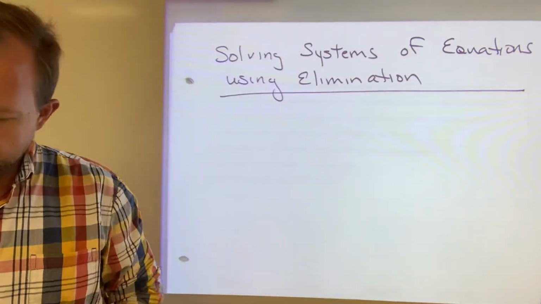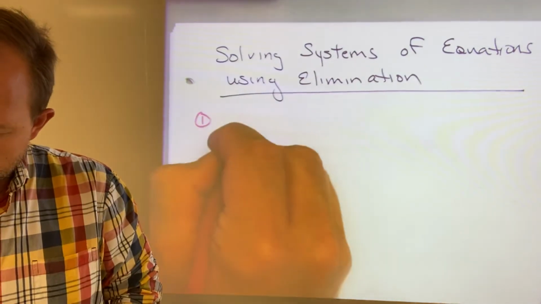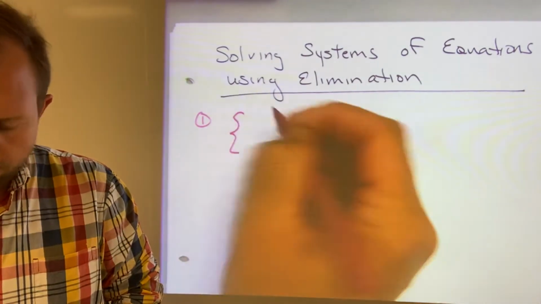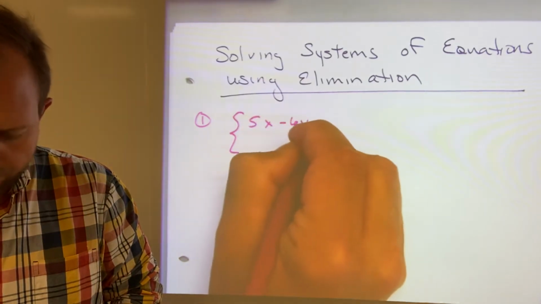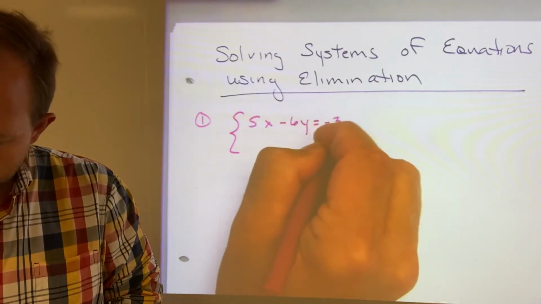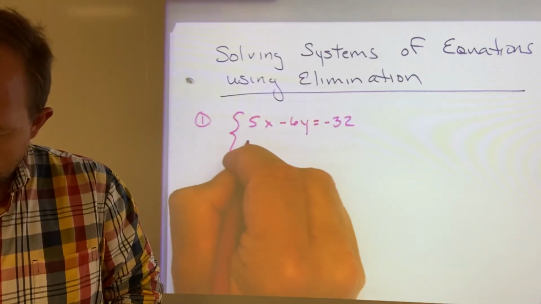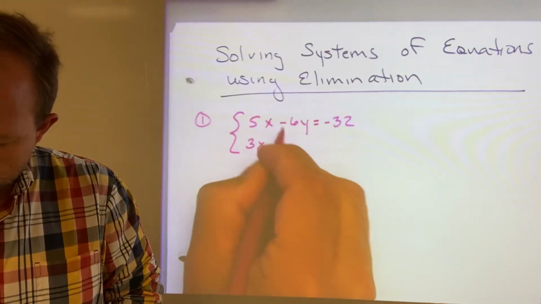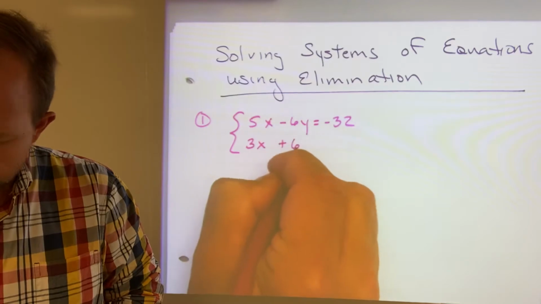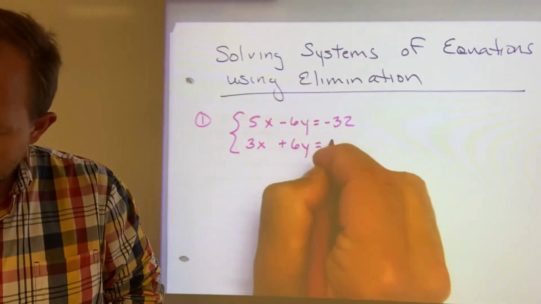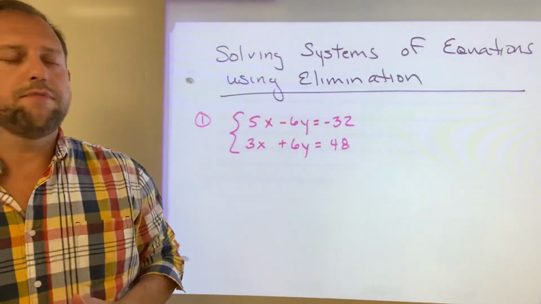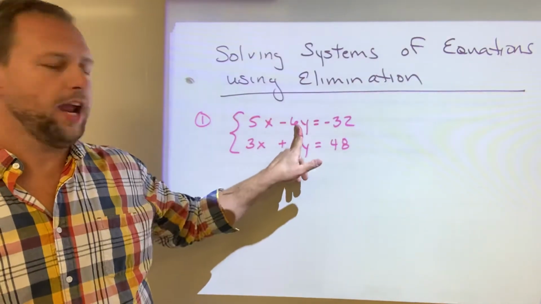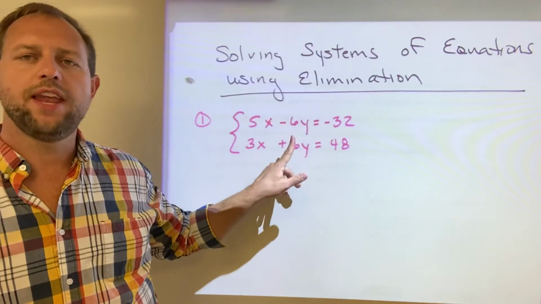So for our first example, two equations: 5x minus 6y equals negative 32, and 3x plus 6y equals 48. So as to recall, for elimination, we have to have a pair of variables that have